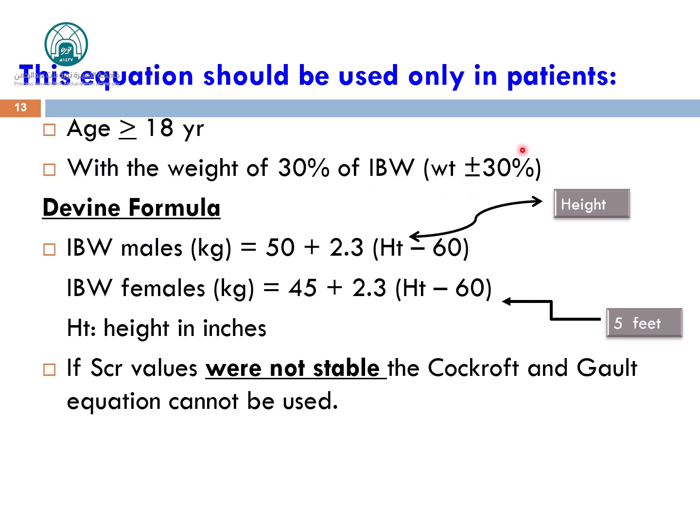So how to calculate the ideal body weight? According to the Devine formula, Devine is the scientist's name, the ideal body weight for males is 50 plus 2.3 multiplied by the height minus 60. The height now is not in centimeters, it should be in inches. Okay, height in inches, you know that 1 inch will equal 2.54 centimeters. So if your height, say, is 160 centimeters, okay,